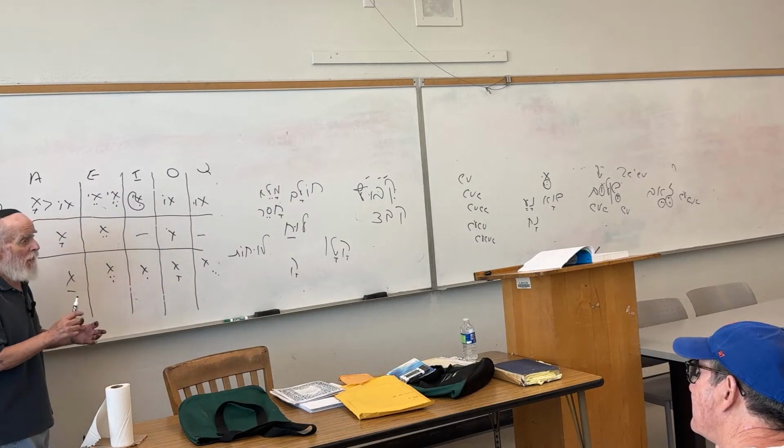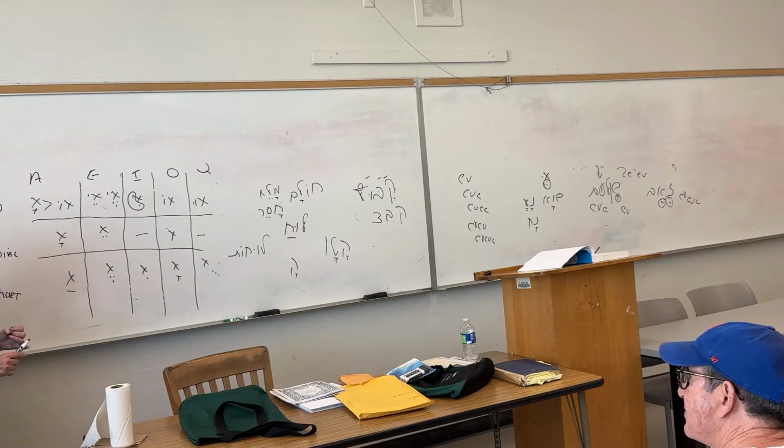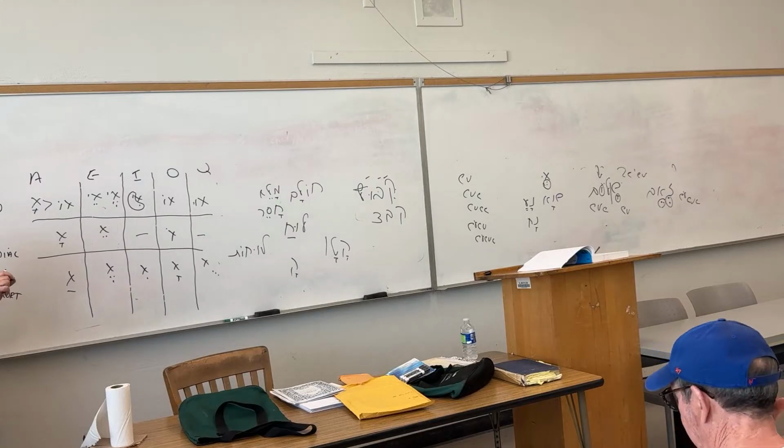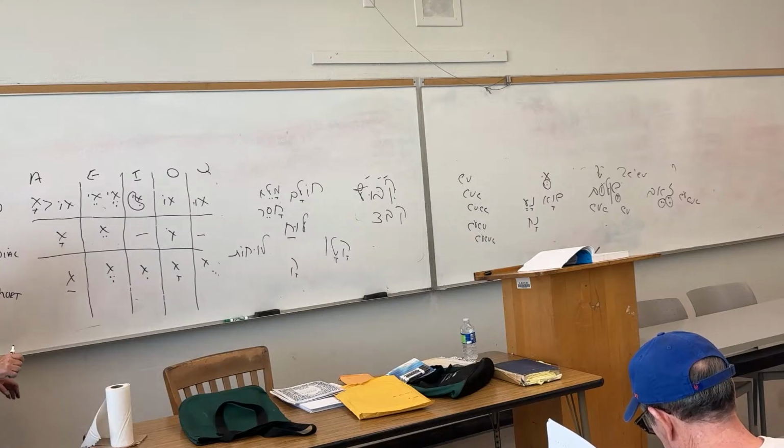Okay, several things before I dismiss you. To begin with, long vowels are found in open syllables. Write down: a syllable that's open, a syllable that ends with a vowel, is normally with a long vowel. Syllables that are closed are short vowel syllables or medial vowels. So when you see a syllable that's open, you say it's a long vowel, except with the following exception. Long vowels are found in open syllables. When they are found in a closed syllable, they have to be accented.